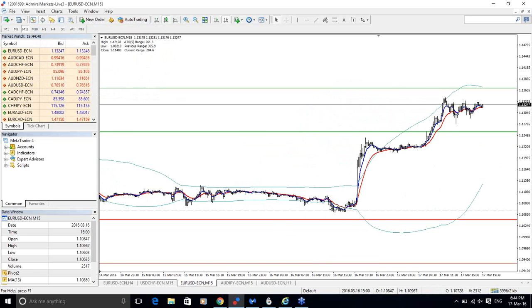Once you see this congestion area here, there was no trend. But again, we can apply a trend filter. So let's say that we expect an uptrend. First, we need to see price breaking below the lower part of the Bollinger Band, as here. And then we want to see the 5-13 EMA cross inside it. And here you can see the cross inside and a huge movement to the upside.